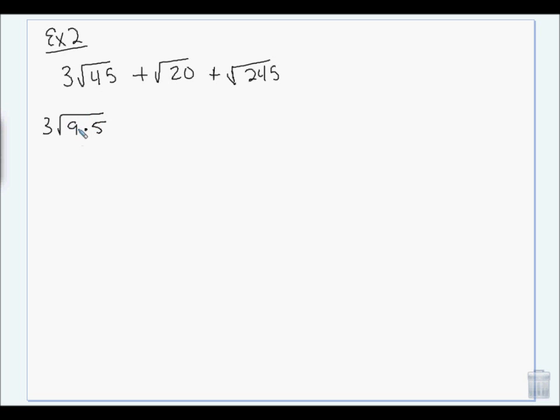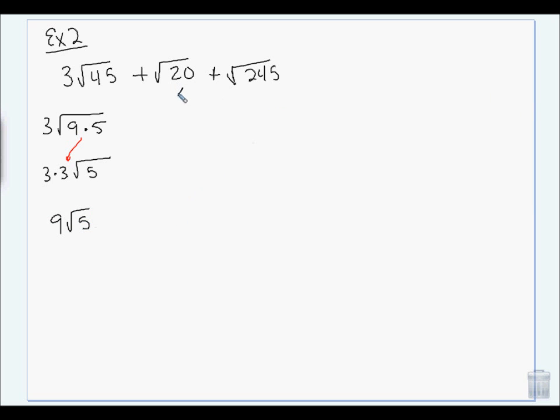And I know that 9 is a perfect square. So the square root of 9 is 3. So this 3 came from the 9, and that 3 was just already there. So this is going to give me 9 times the square root of